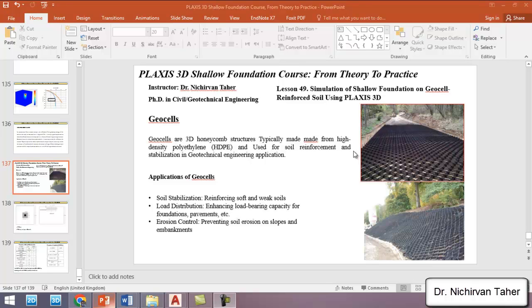Hello everyone, welcome back again to the PLAXIS 3D Shallow Foundation course, from theory to practice. This is lesson 49, and in this example we are going to simulate a shallow foundation on geocell-reinforced soil using PLAXIS 3D. Before I start modeling in PLAXIS, I will briefly talk about geocells and their application